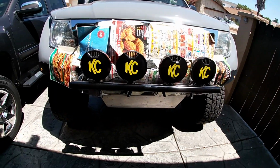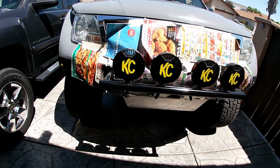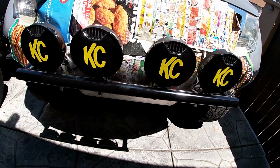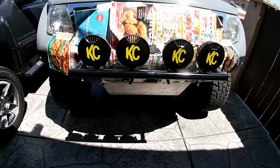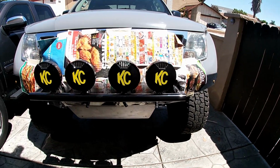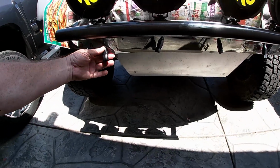Okay. All right, there it is, welded up, painted, the lights installed. Got a little bit of skin print right there. Oh well, I'll buff that out when it dries better. The lights look pretty good. I like them. Now we got all these wires